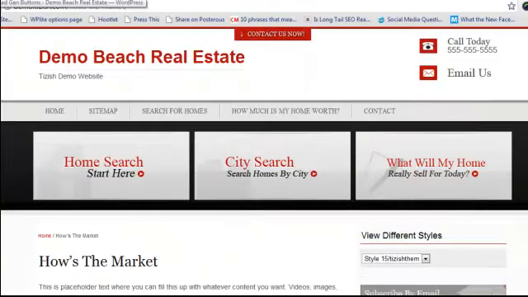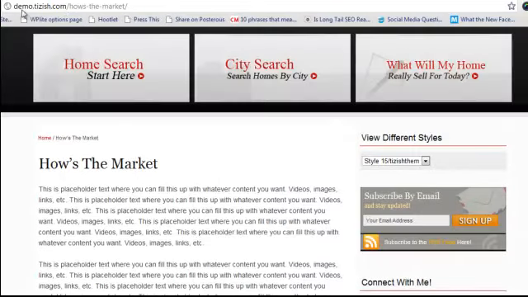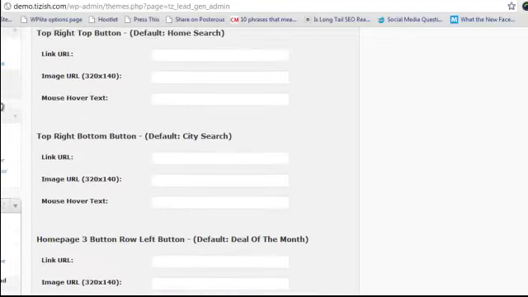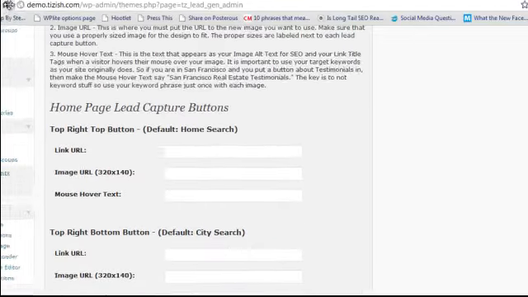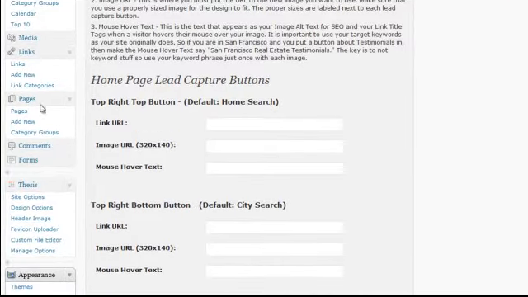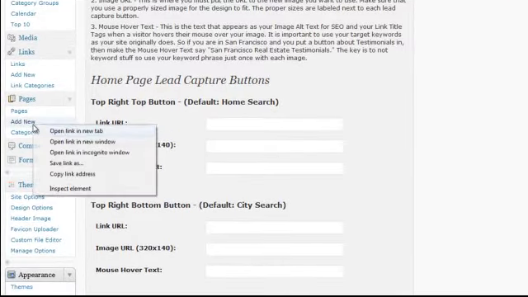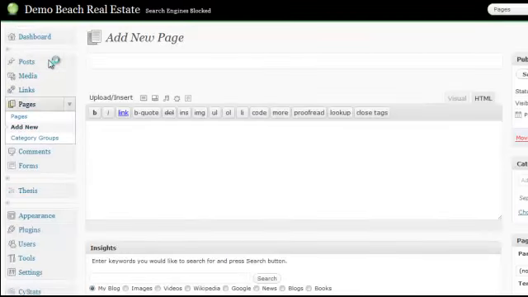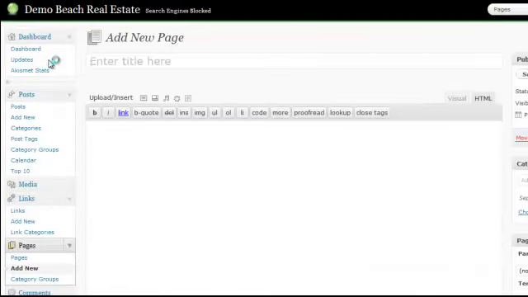Well, here's the thing. See the URL is called how's the market, but it's our category, right? Well, if you have a duplicate page, I'm going to create a page called how's the market, an actual page. And I'm going to show you how this could break the function of your site. So this is something you shouldn't do. So I'm going to create a new page. And the reason I'm showing you this is because you might already have a page called buyers. Remember earlier on how we did the buyers page and we copied the content? Well, if I create a page called how's the market,